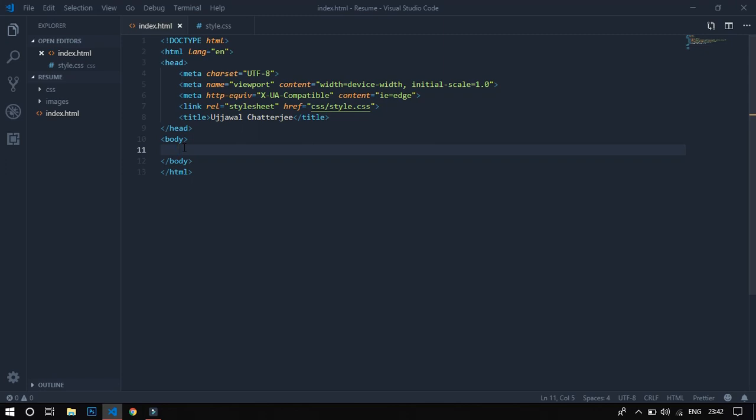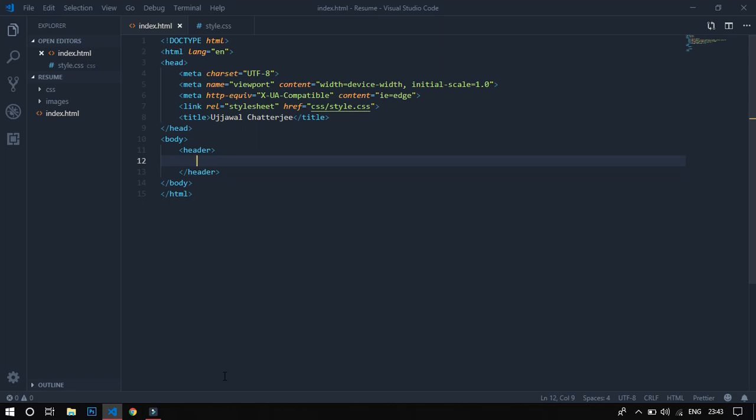Okay, now the next thing is we shall create some new sections and rows. Now first of all, whatever website you see, you will realize that there is a top navigation bar, and after that there is a whole screen which covers the entire viewport of the screen, that is the entire screen which you see. Okay, so that is the main header section. So in HTML5 we have a different HTML tag to denote the header, which is the header tag. So we shall open the header tag, and inside that we shall create